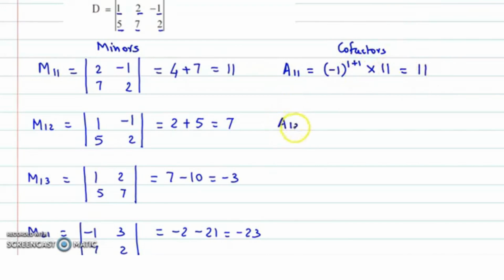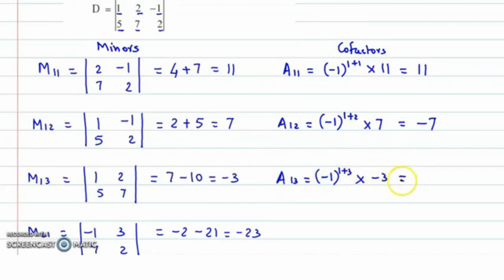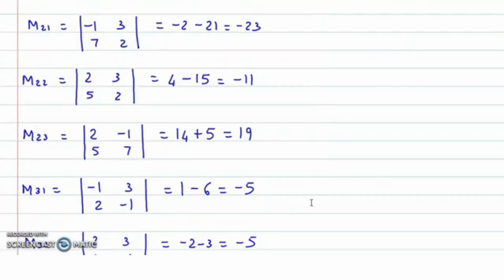फिर A12 ये माइनर का कोफैक्टर ढूंढते हैं. सो दिस इज -1 raised to 1 plus 2 into the minor value that is 7. ये आएगा -1 का क्यूब which is -1 into 7 so that's -7. फिर A13 so that's -1 raised to 1 plus 3 into -3. अब -1 raised to 4 that's 1 into -3 ये आ जाएगा -3. नेक्स्ट